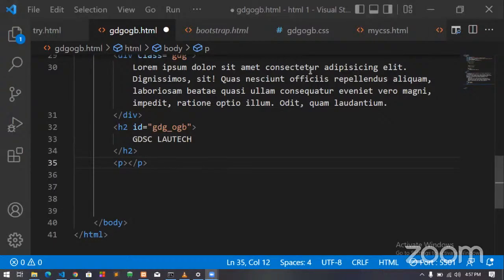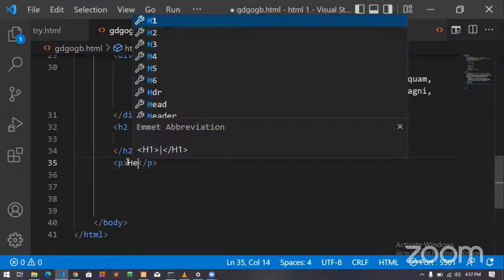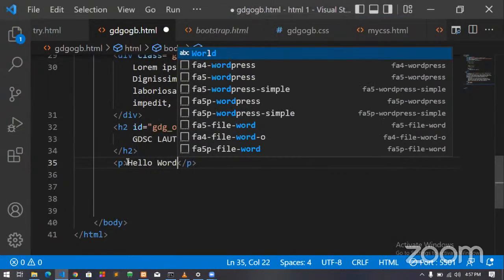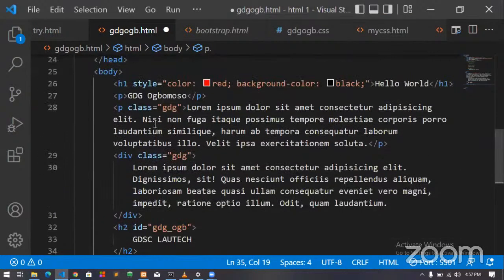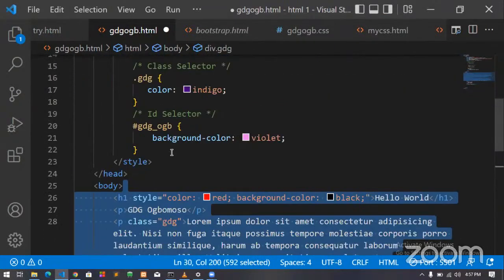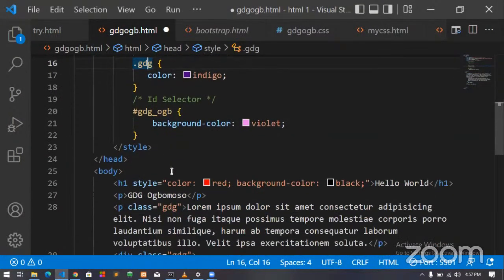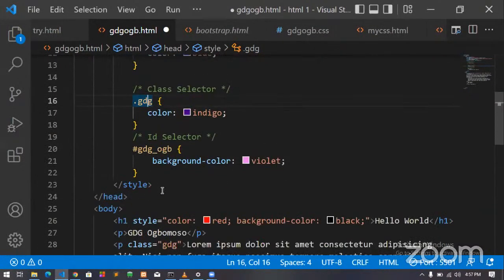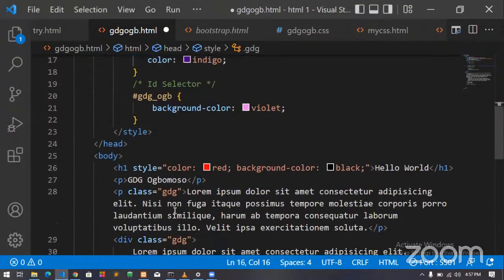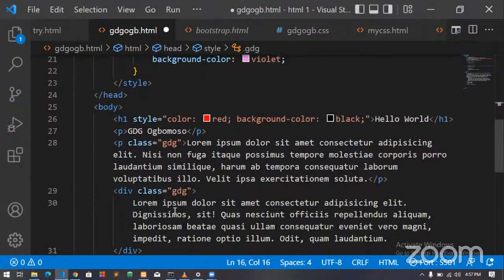Okay, great. So now let's assume I have a p tag here and I'm saying hello world. If I want to style this, let me just say I want to give it a class. Okay, there's something I forgot to mention. Thank God I remembered now. When we are using class selector, you can actually use a class selector on different elements. But you can't use an ID selector on different elements. It won't work, and if it works at a point in time, it will cause problems.